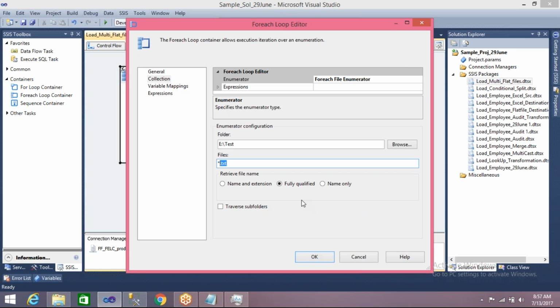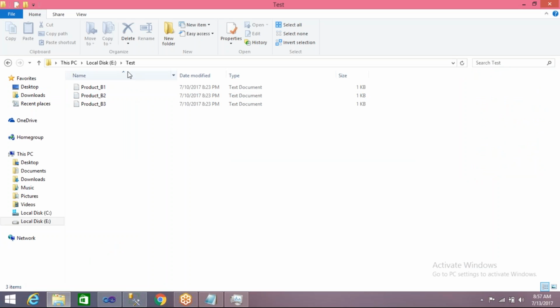Okay, so inside of the folder you may have many subfolders. In that case, you want to check inside of those subfolders also, then just select the option traverse subfolders. Okay, traverse subfolders. That means inside of the folder, like assume I'm telling here,